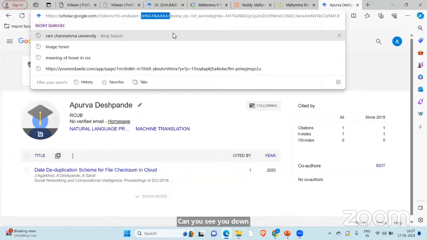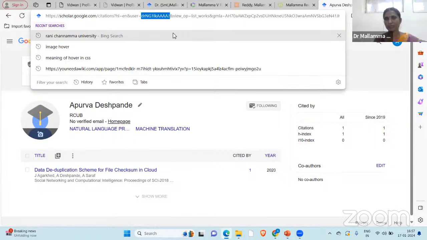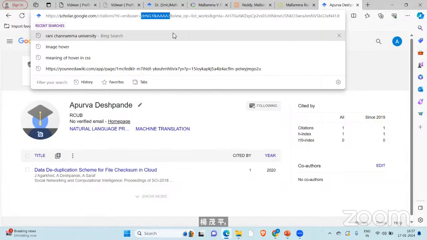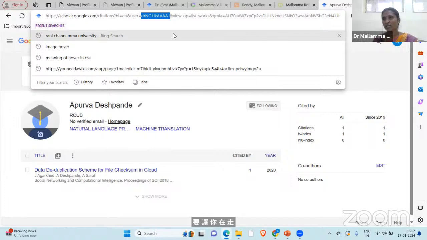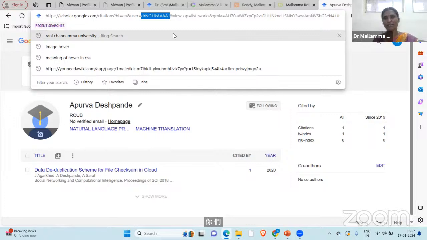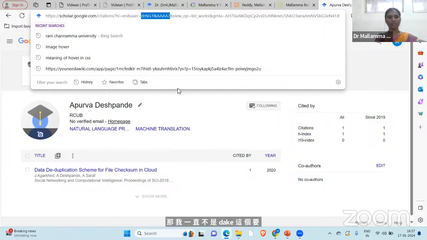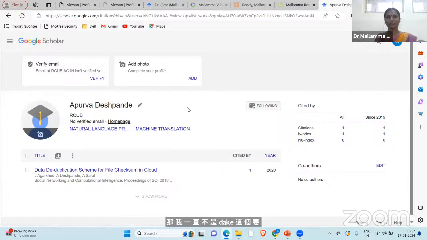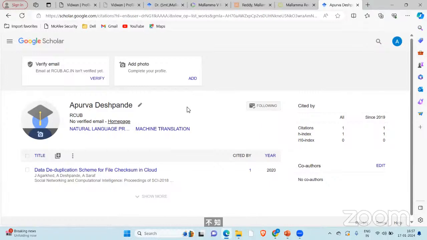Ma'am, actually the problem is that where I have to put the email for verification, if I put my email ID, it says please use an email address at your institution. For example, your name at MIT. I told you that it will take the organization email ID. No, but when I put the organizational email ID, even then it is not coming. No, it will take. If you don't have any problem, can you tell me your user ID and proof?